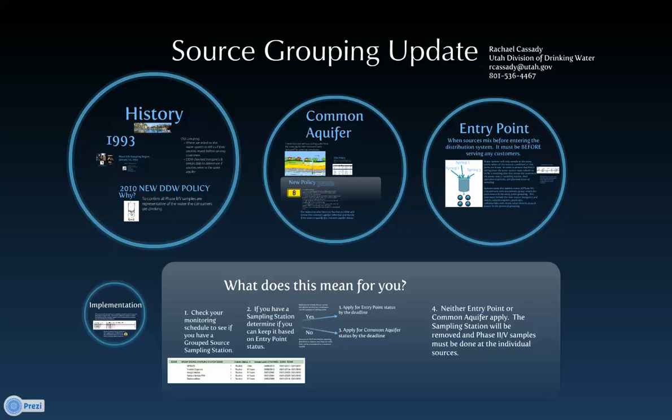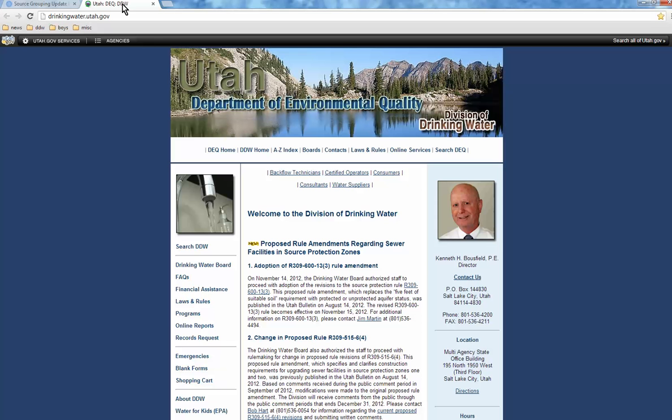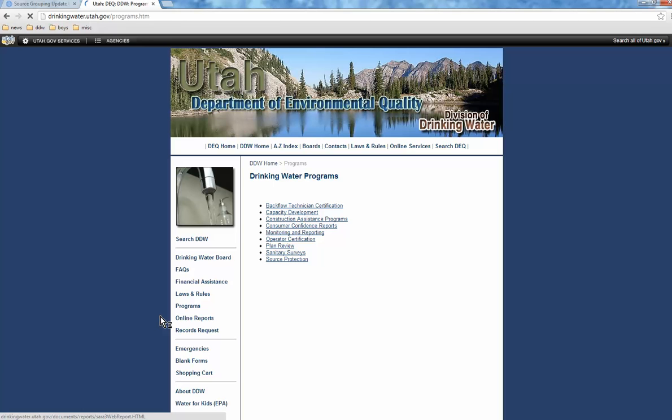So now I want to go over how to get a copy of the new policy as well as the sampling plan. So you want to go to our website, which is drinkingwater.utah.gov, and over here on the left hand side you want to click on programs. So hopefully you can see my giant mouse. I made my cursor gigantic. Hopefully you can see my super duper huge arrow here, but you want to click on programs, and then you want the last link here, you want source protection. So click on source protection,